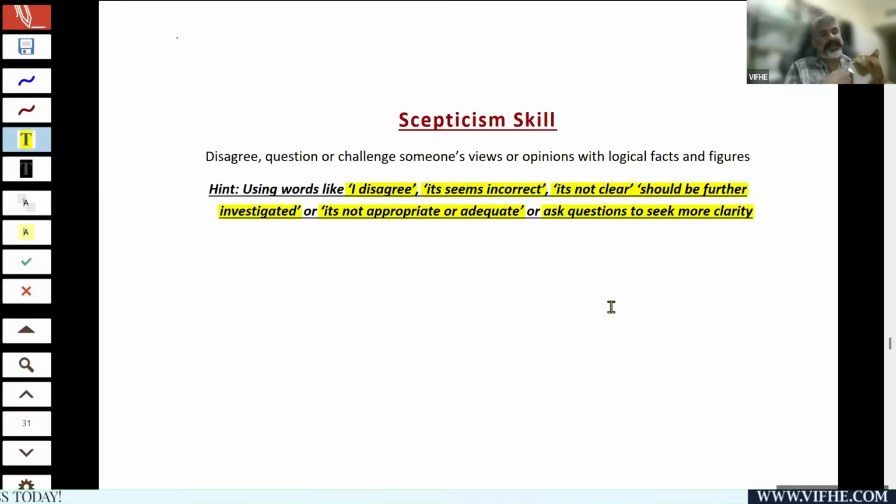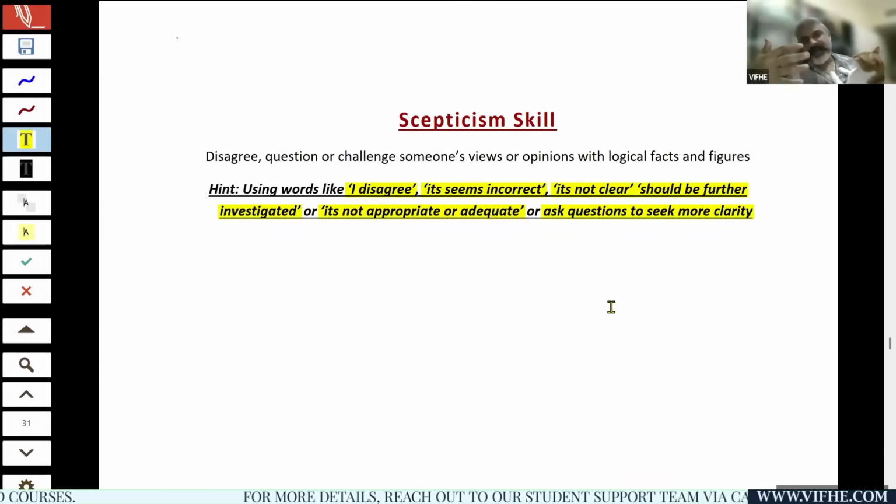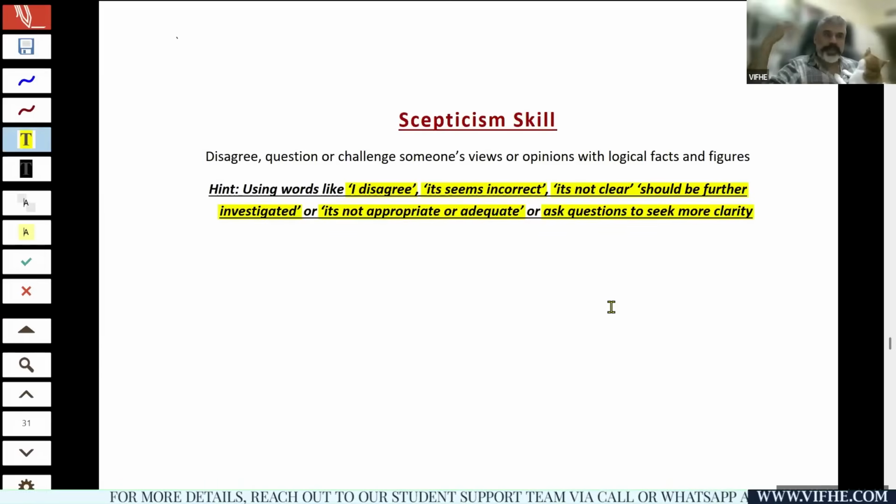All right. Now, one last thing in skepticism is, supposing you are required to give 10 points according to the marks. And the question says demonstrate skepticism skills, 4 marks. So out of 10 points, how many points should demonstrate skepticism? All the points or just 1 or 2 points? Skepticism skill is 4 marks, right? So maximum 2 points. So the point which I'm trying to make is that you don't have to show skepticism